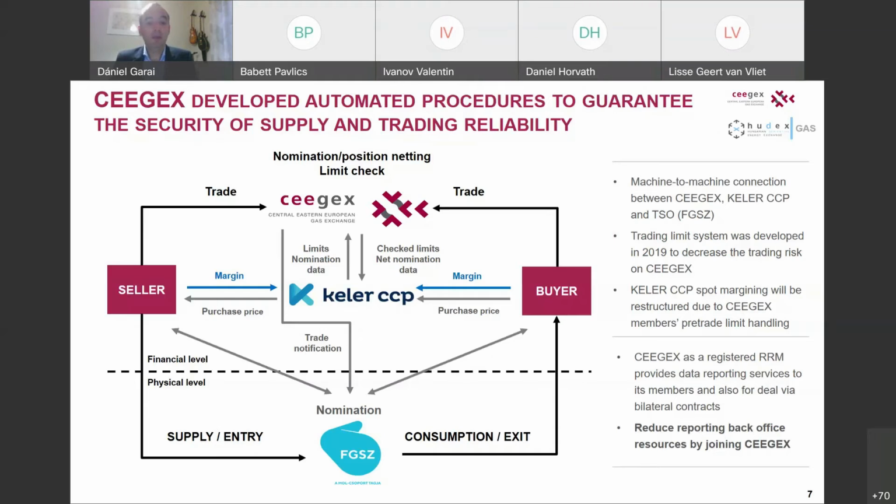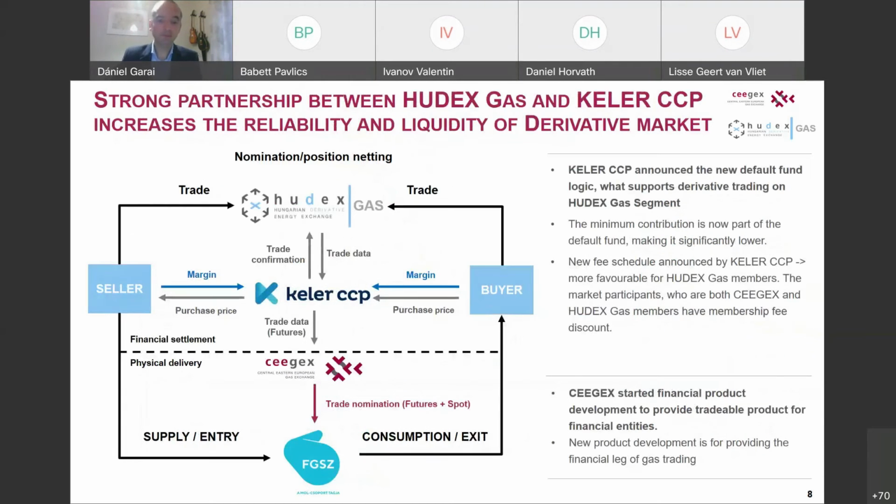We are also a registered RRM service provider, so we are providing data reporting services to our members, and also to non-members who are registering at our services. This is also a way of reducing the back office resources at our customers. The HUDEX system is pretty similar to that,